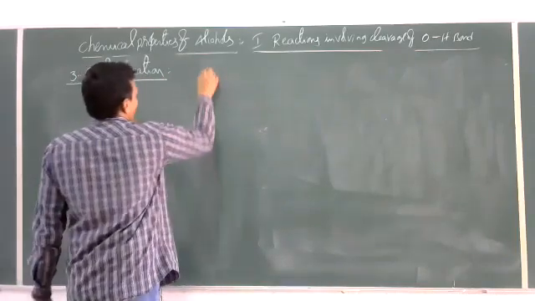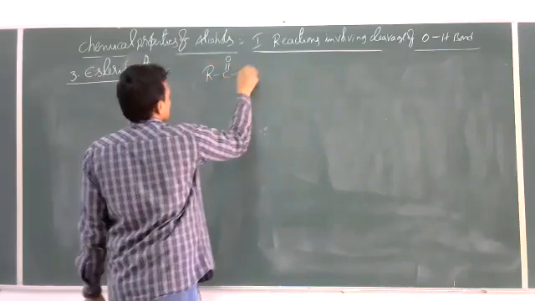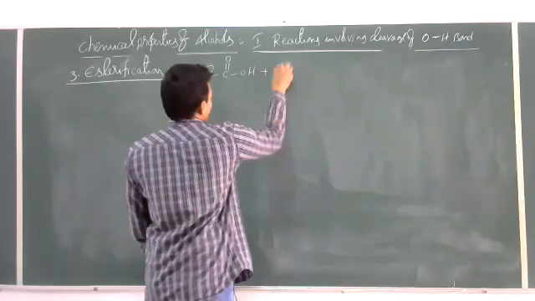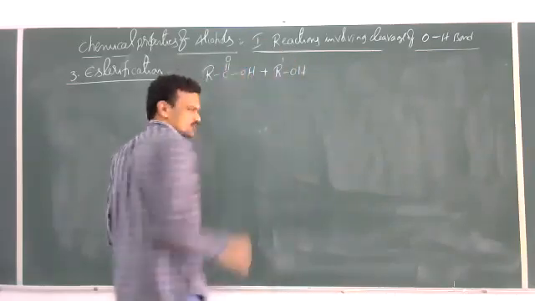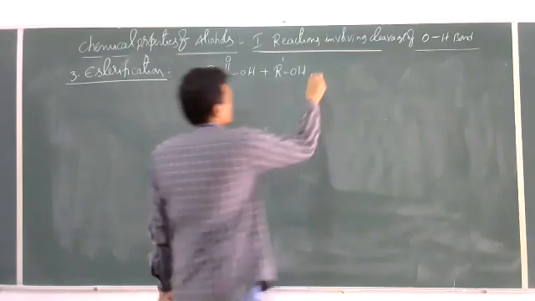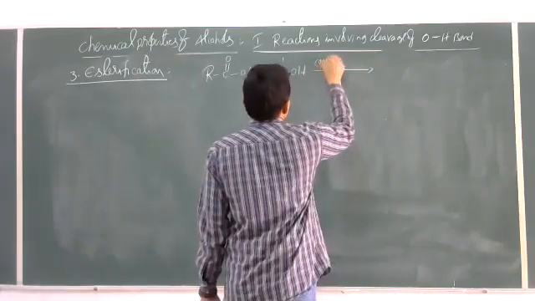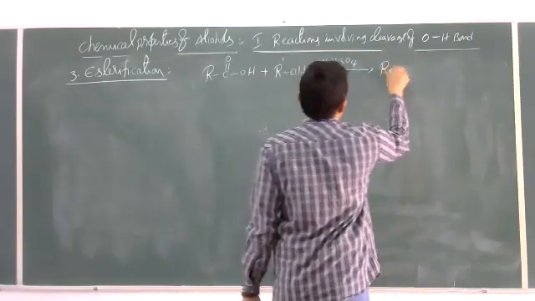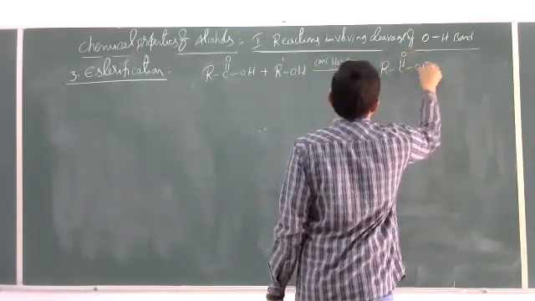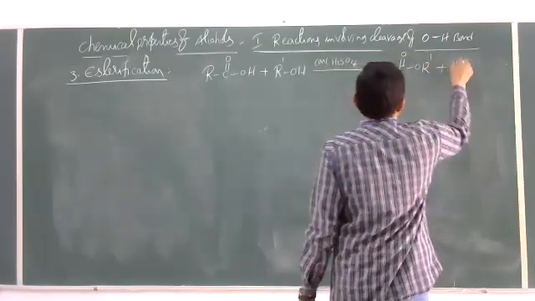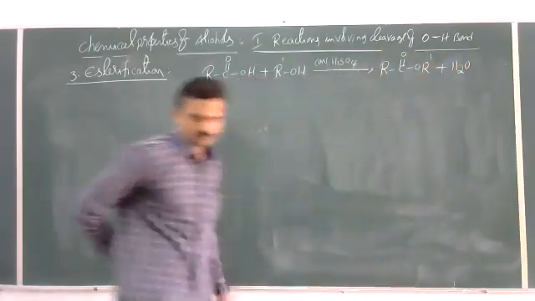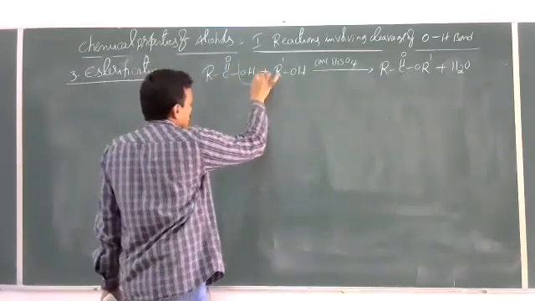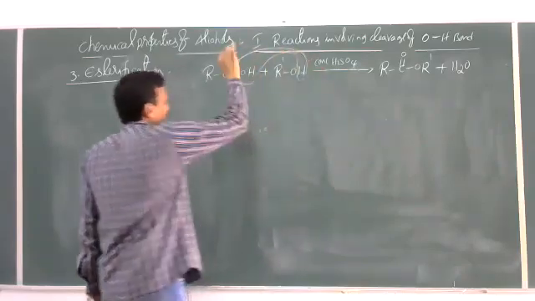See here, RCOOH, a carboxylic acid, when reacted with alcohol R-OH in the presence of few drops of concentrated H2SO4 gives RCOOR' plus H2O. So what will happen here is OH from RCOOH and H from alcohol get eliminated as